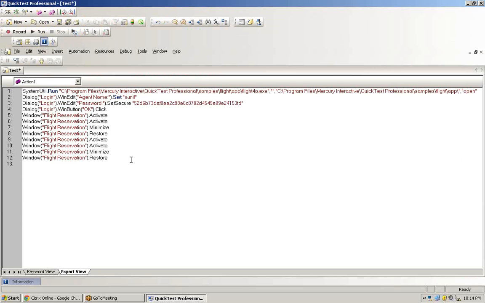So now what have we studied? Can we just recap? We have learned how these object repositories are useful. Whenever you are recording anything, the objects get stored along with their properties.